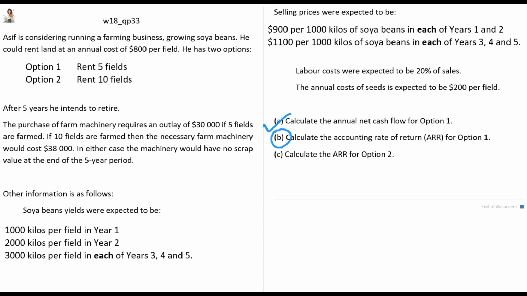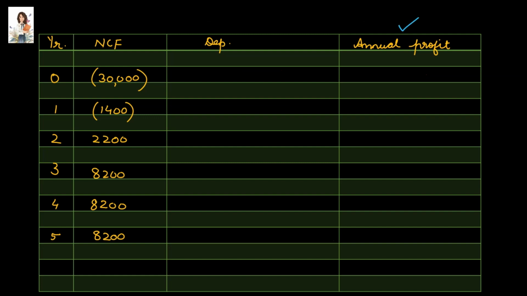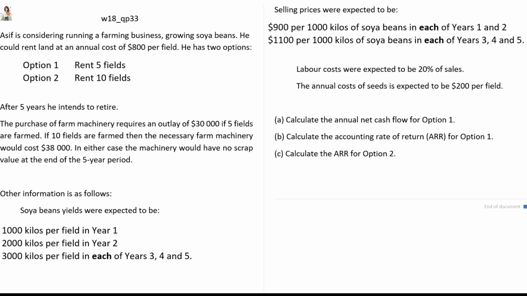We move on to part B, for which we have to calculate the ARR for option 1. We know that ARR is equal to average annual profit upon average investment into 100. In part A, we have found out the annual cash flows. We now need to find out the annual profit. To arrive at the profit for each year, we need to subtract the depreciation on machinery from the net cash flow of that year. Cost of machinery under option 1 is $30,000 and the machinery will not have any scrap